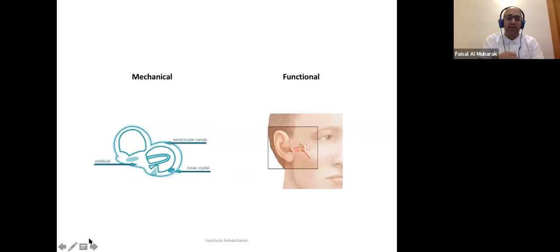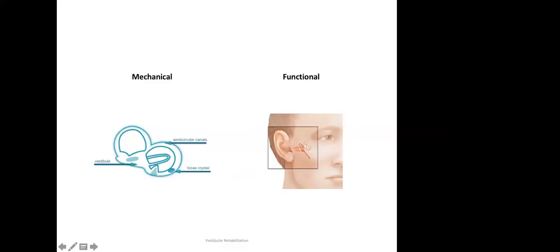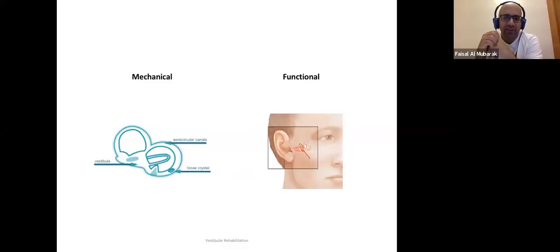Now, when we have any pathology happening to the vestibular system, it can be either a functional impairment or a mechanical impairment. And what do we mean by mechanical and functional? Now, if you have this vestibular system functionality affected, so if any disorder is linked to the vestibular system,